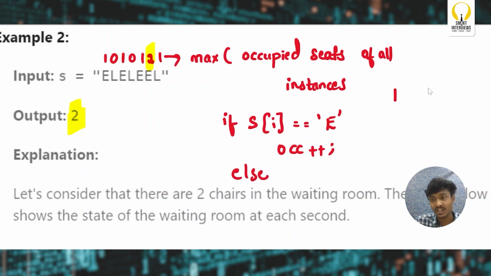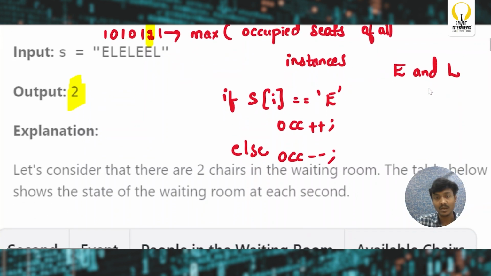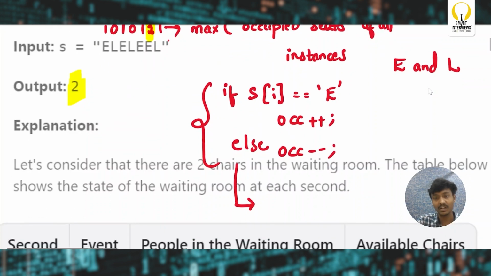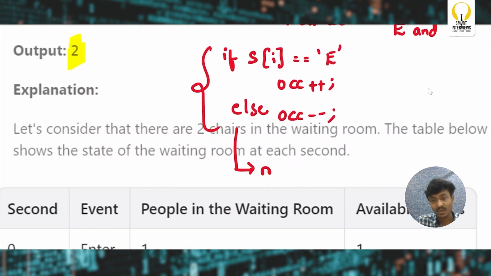Of course we know that the string only consists of E and L. So if it's not E, of course it is going to be L. Now can I do occupied minus minus? Yes, right. While doing this, what should I do? I should keep track of the maximum value for this occupied. So after this, I will keep track of the maximum value, that is maximum of,